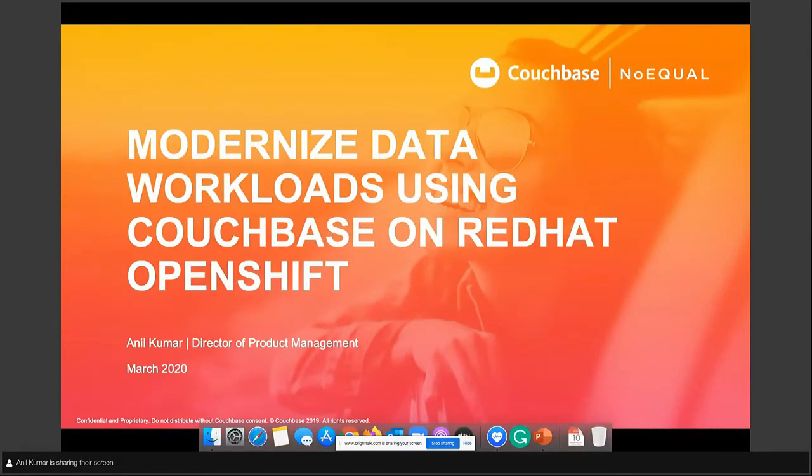And we'll also look at the challenges and available options with building multi-cluster deployments of Couchbase on Red Hat OpenShift, and what the best practices are for application deployment and data replication strategies to ensure data availability during disaster recovery scenarios. And finally, we will demonstrate how you can use the Couchbase Autonomous Operator to run a fully managed stateful application on Red Hat OpenShift.